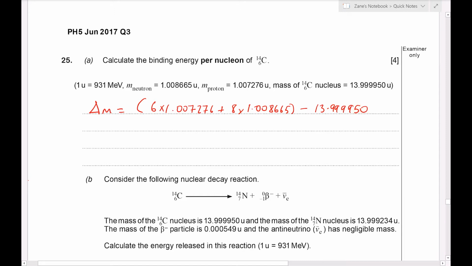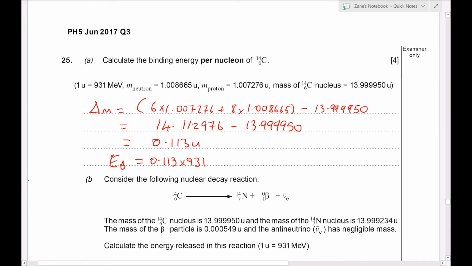13.999950. You could do that all in one step, but what I like to show here is that the mass of the constituent particles is actually 14.112976 U, and again we're going to take the 13.99995 away, and that will give us a mass difference of 0.113 U's, 113026 to be precise, and then the binding energy will be that